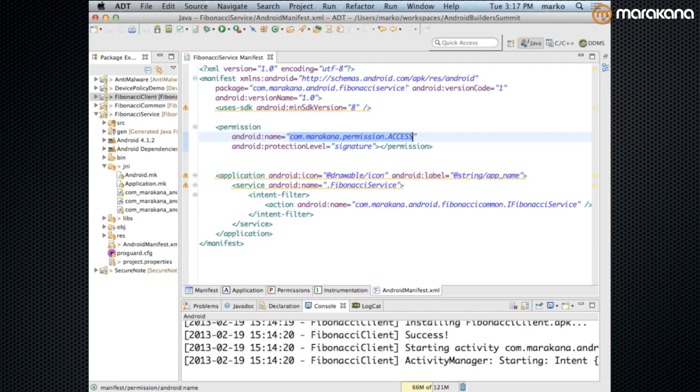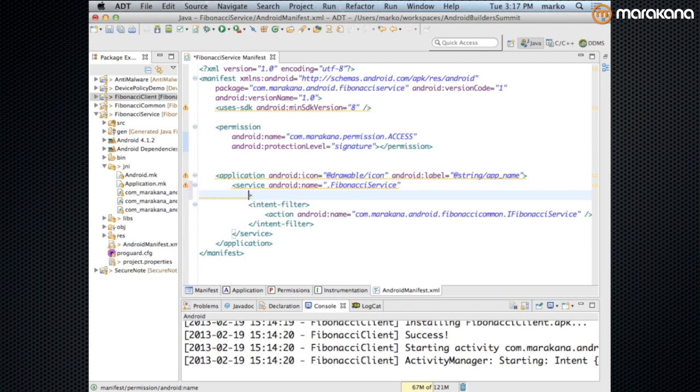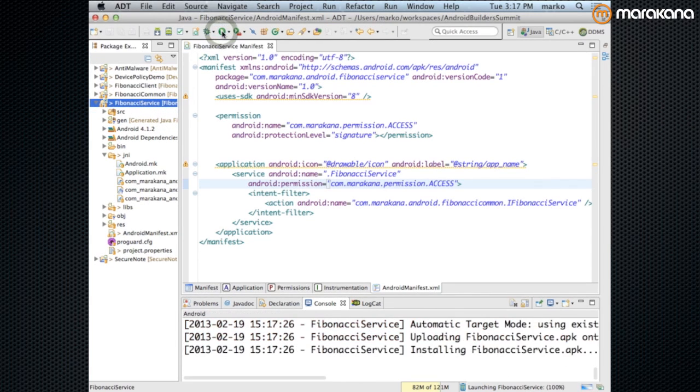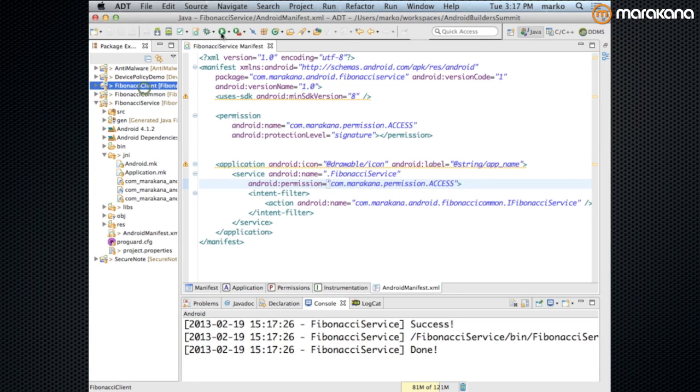So if I want to blanket protect this service, I can say this service requires that permission. So basically now nobody can access this service except those that have the permission to do so. So if I reinstall this app, so that installd picks this up and updates that /data/system/permissions file that we've seen earlier. And if I rerun my client,